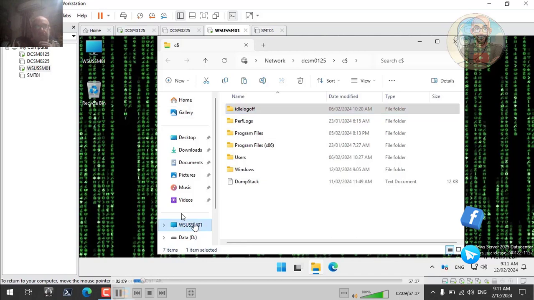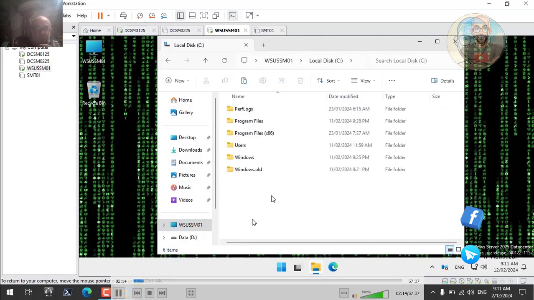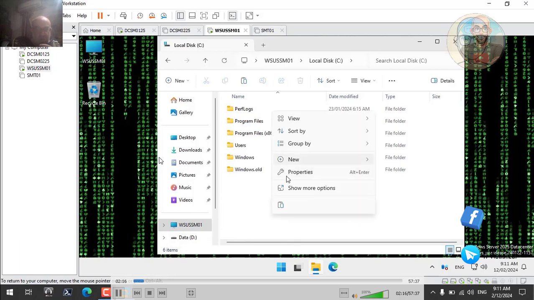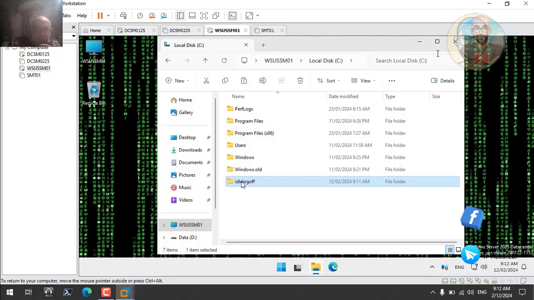Again, so I copy the folder and put it in the C partition. So when the Active Directory login script works, it will see the folder and initialize the program. So now